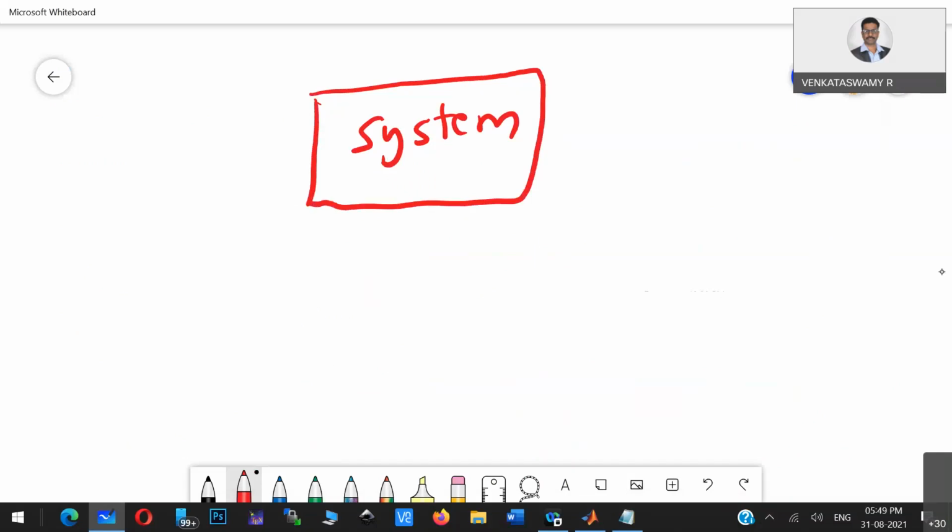So this is your system. This can be a motor, some mechanical system, or anything, any system. It can be water flowing in some pipe. You have a system, and you want to know the response of the system.